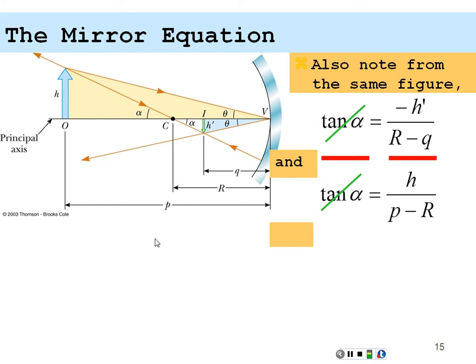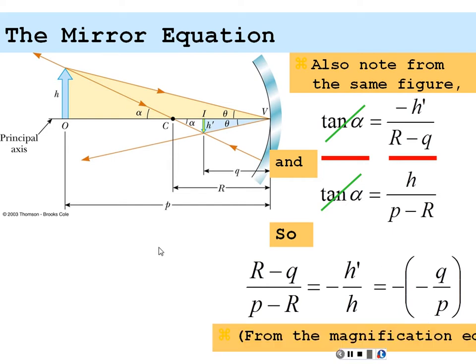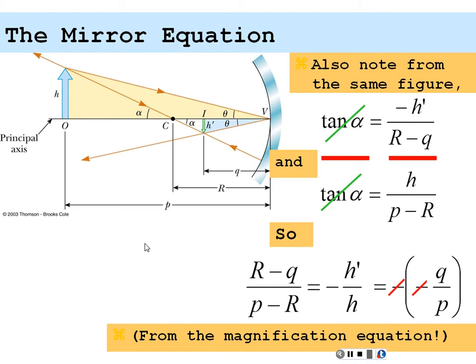And just rearranging a little bit, we have that the radius of curvature r minus the image distance q over the object distance p minus the radius of curvature r is equal to negative h prime over h. But we just determined that that is equal to the magnification, and the magnification is equal to negative q over p. So we have a negative q over p. Negatives cancel out, and with a little bit of algebra